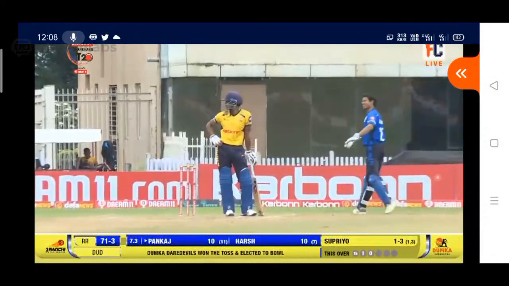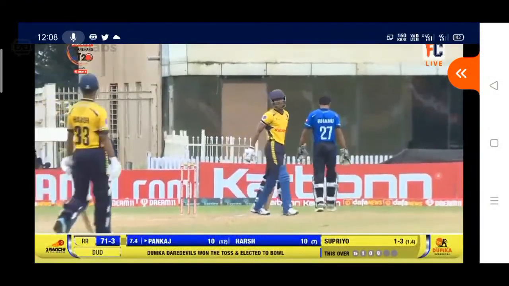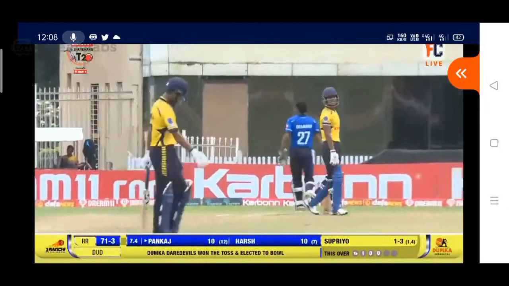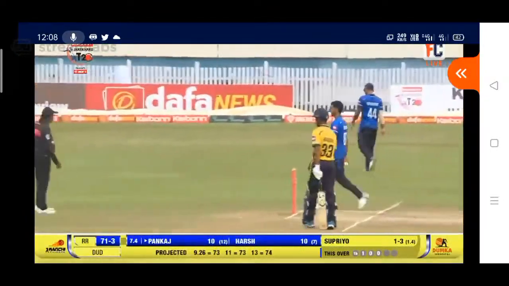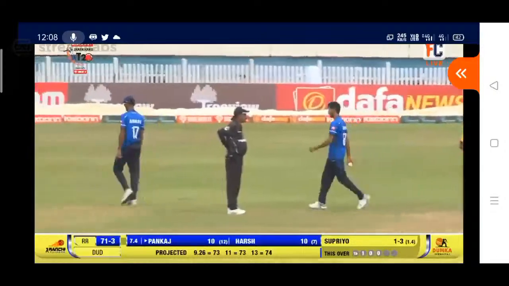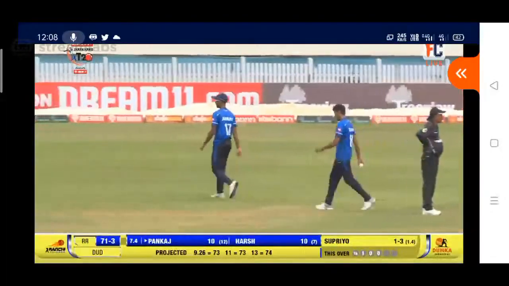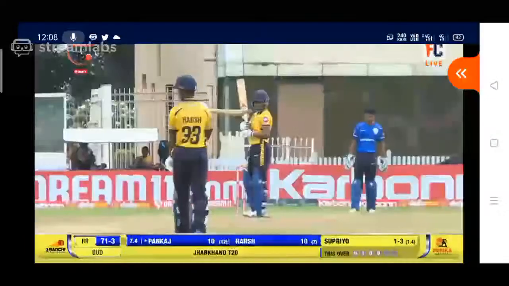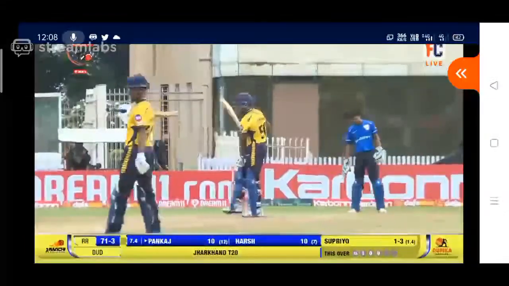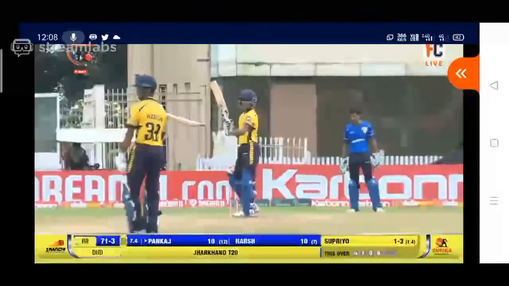It should have been given wide, yes. No. It's not a wide, that means the ball must have hit somewhere near his hand when he was trying to play the ball, and the score remains on 71.